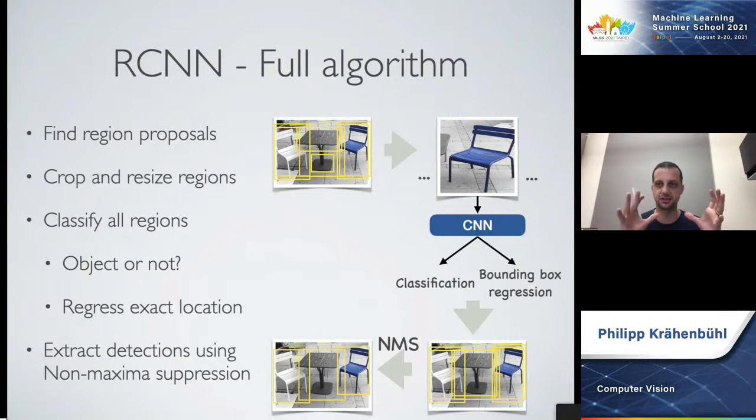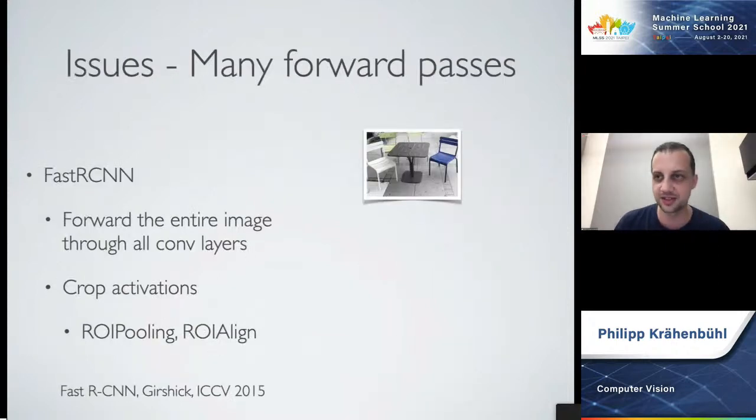So you go from a fixed image, by chopping it up into regions, to a variable set of outputs. And this is by no means what people do nowadays. I think in 2015, this was done in 2012, 2013. By 2015, people figured out much better ways to do this. The first big issue that was addressed was that RCNN had to forward different regions through the network and run about anywhere between 100 to 200 different forward passes, which was horribly slow.